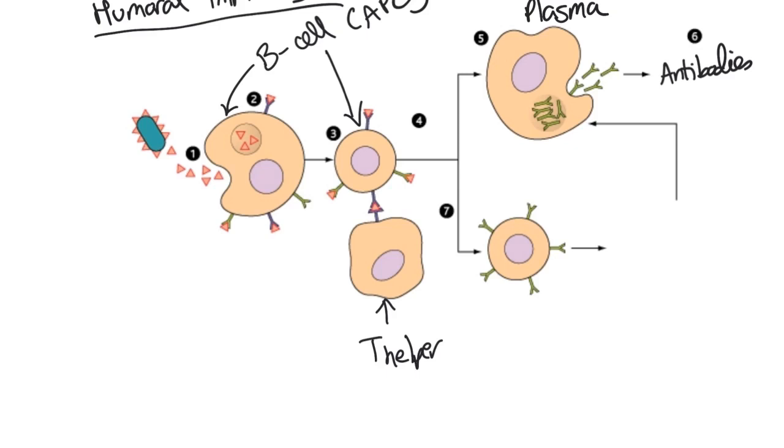The memory cells, so here you've got B memory cells, provide long-term immunity so that the next time that same pathogen comes into your body, you already have a lot of complementary memory cells which are also potentially activated. They will be activated faster than the first response, which means that more quickly you get antibodies being produced before that pathogen has a chance to actually cause the symptoms to make you ill. So it doesn't mean that you won't get the same pathogen inside your body. It just means that when it comes again, it won't have a chance to actually cause the symptoms.